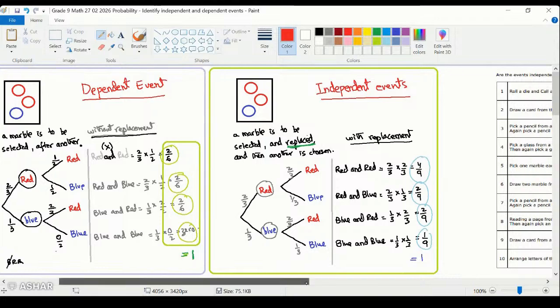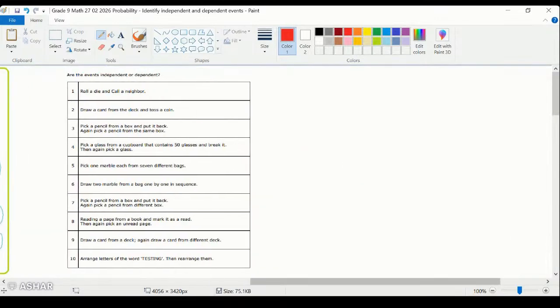Let's move ahead. Let's do these simple statements. We simply write dependent, independent. Okay. We are rolling a die and calling a neighbor. They are independent, right? Because we can call a neighbor first, then roll a die. If the score is 1, 2, 3, 4, 5, 6, anything, right? So it does not matter what score comes on the die,